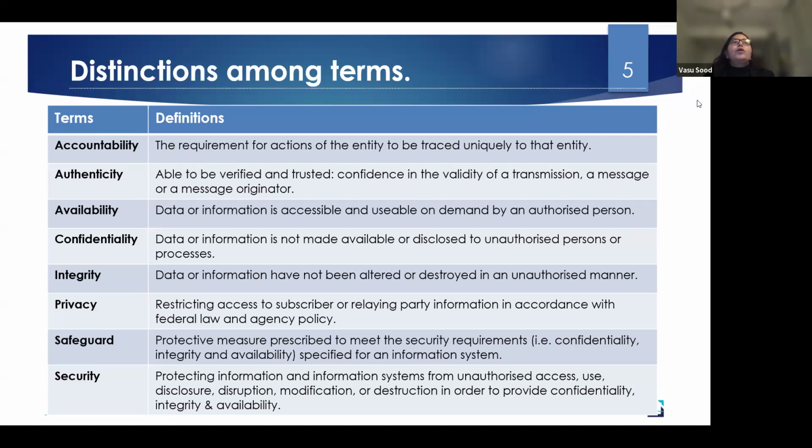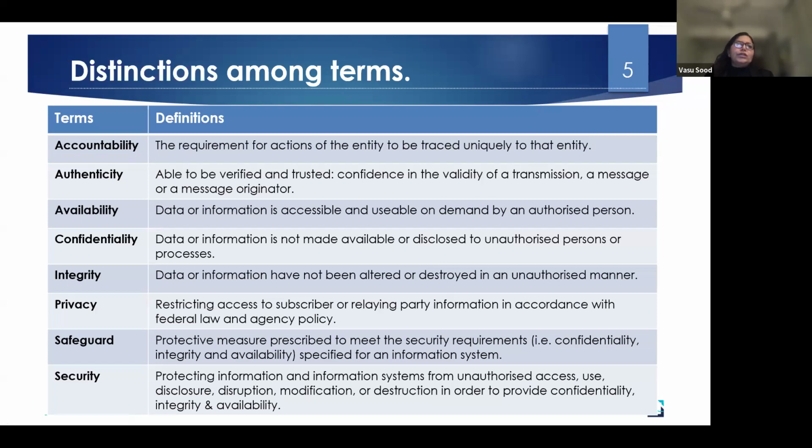If we talk about authenticity, patients and providers can use multi-factor authentication, let's say two-factor authentication, where whenever they are logging into the system, they have a password and then they get a code, for example in the Microsoft Authenticator app. They enter that code to log in, and then the system will let them log in and access patient information.